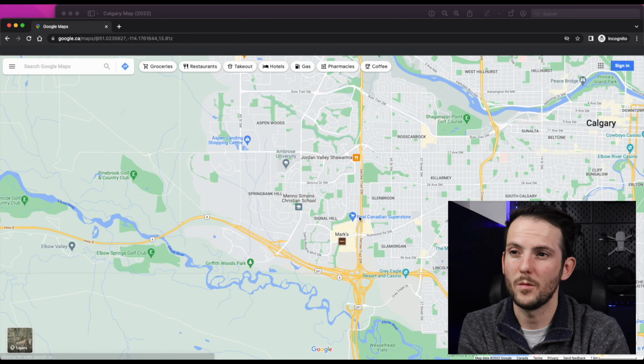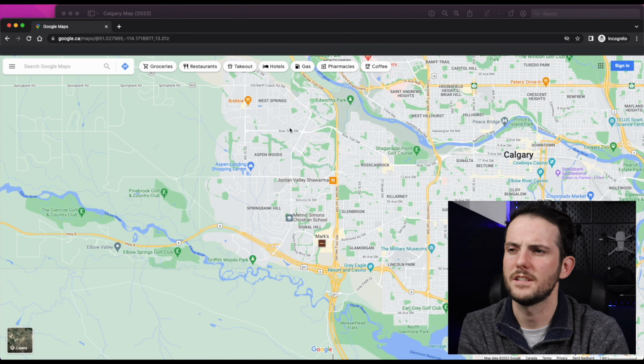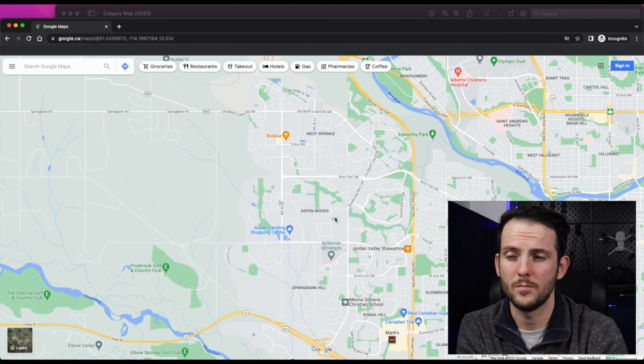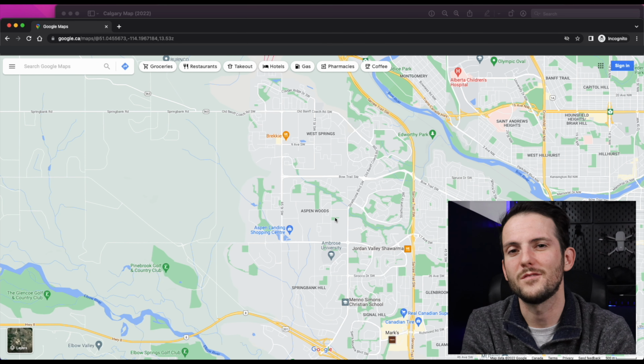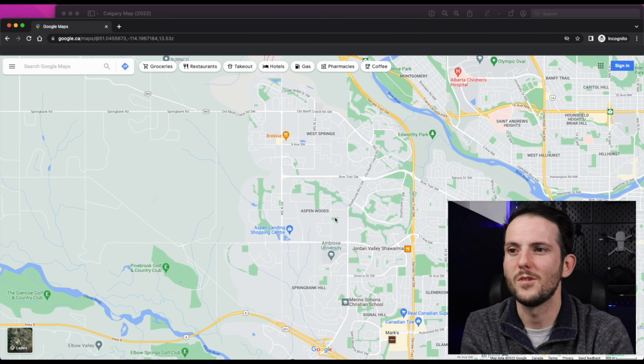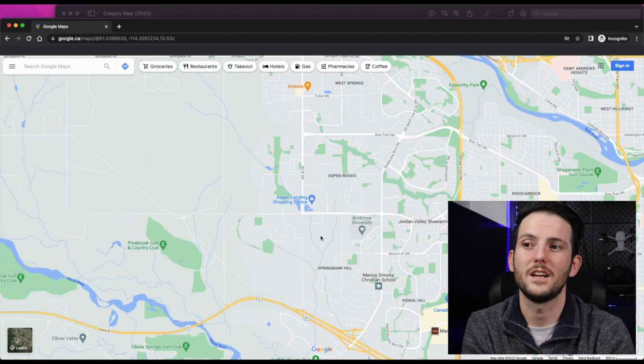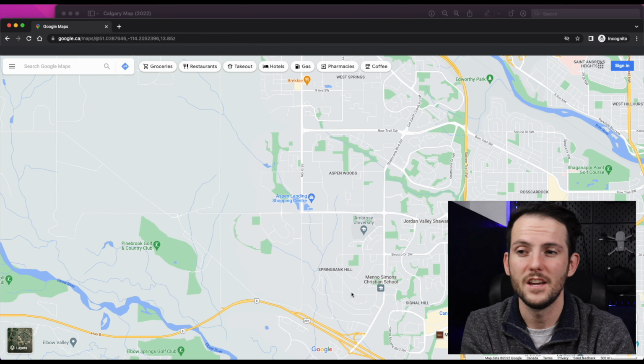But one of the things that I will bring up in the cons is just how far of a distance that is for some people. The cool thing about West Calgary as well is you do get some pretty large homes. West Calgary is the most expensive quadrant in all of Calgary, so you will get some very large homes and some very large lots. Depending on what you would like from your lifestyle or what your budget is, you can get some really